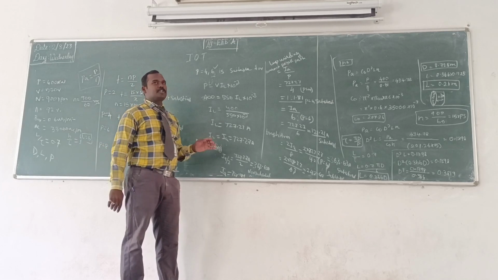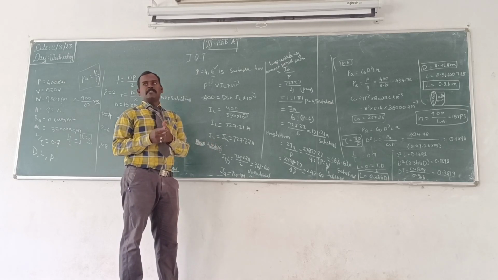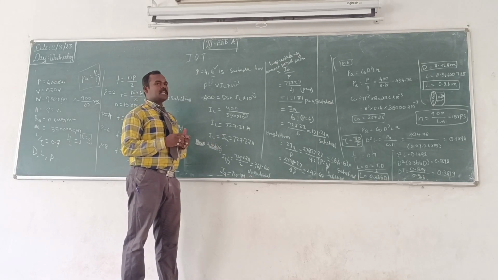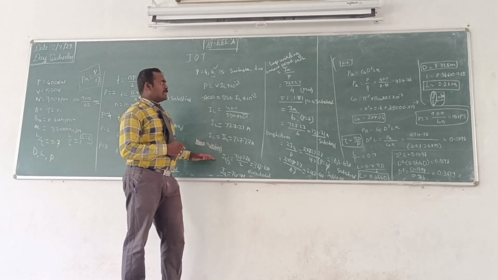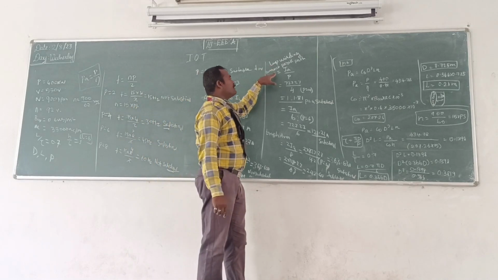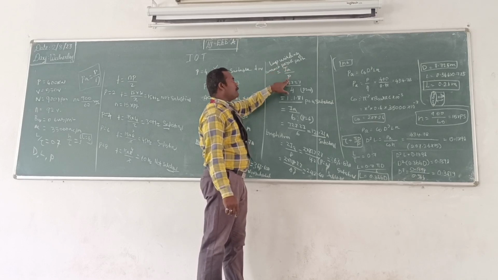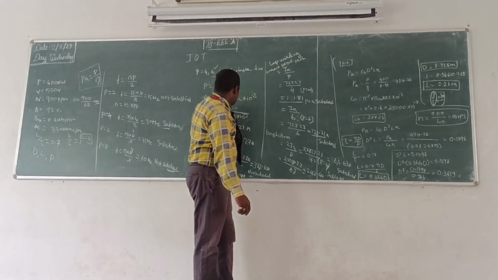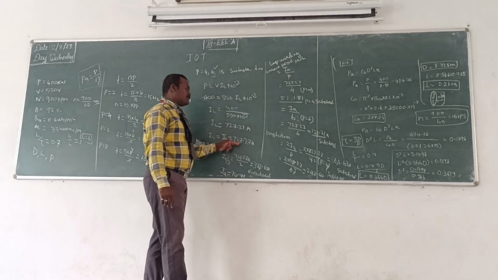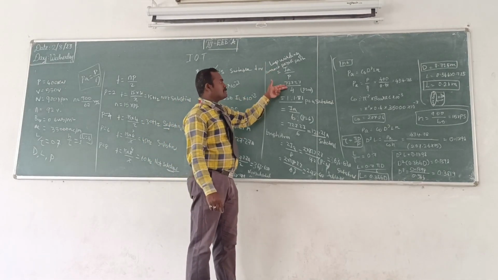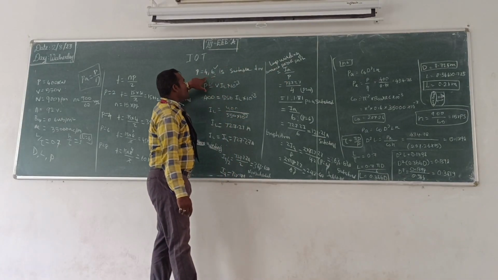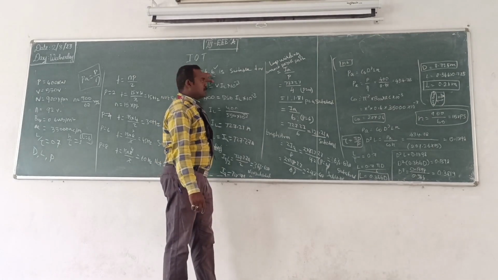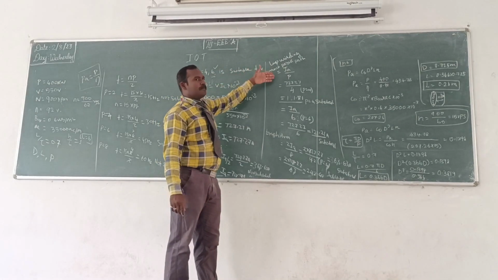Sometimes they may ask you to find the suitable winding of the designed machine, so you can put this formula. Wave winding is not suitable for this machine, so we go for lap winding. For lap winding, the current in the parallel path is IA by T. IA we find from the expression, that is 727.27. Already we found that only 4 pole and 6 pole are suitable, so we check whether it holds.